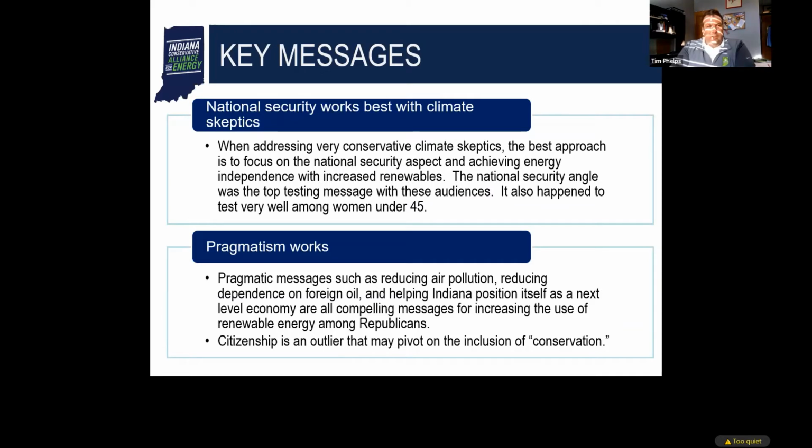Pragmatism. I think that this is maybe a nice Hoosier tendency. But pragmatic messages like reducing air pollution, reducing dependence on foreign oil, helping Indiana position itself as a next level economy. These are pragmatic positions. It's to say, we need to take care of our land, our backyard. We don't want to be depending on anybody. We want to be able to unleash American energy. And while doing that, we can do our part to take care of air pollution, to make air cleaner. All these pragmatic messages were